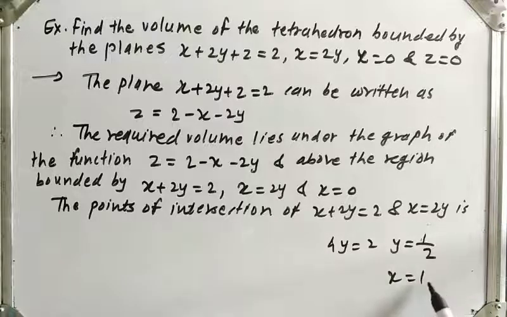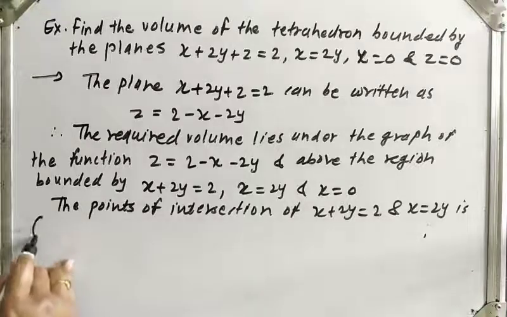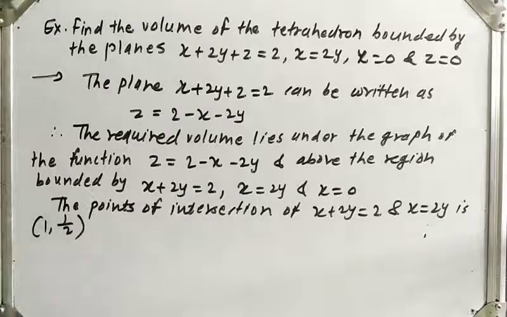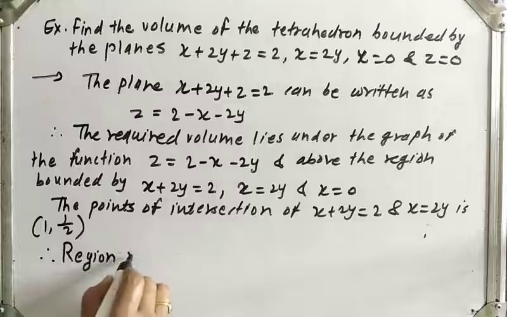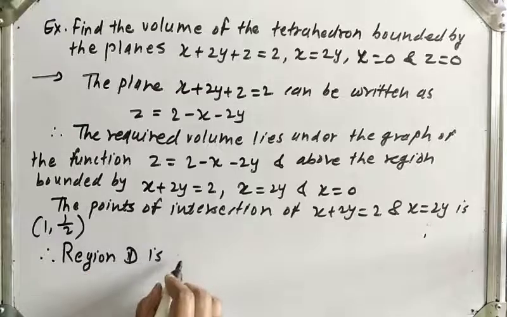So what is the point of intersection? It is 1, 1/2. So point of intersection is 1, 1/2. Therefore region D is